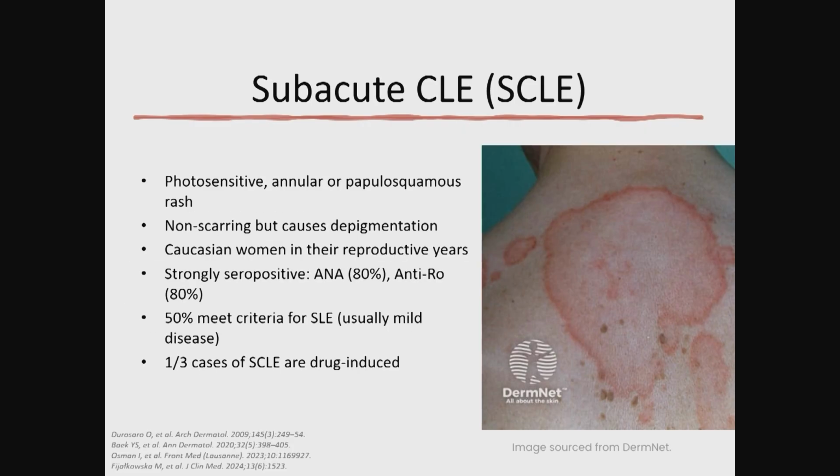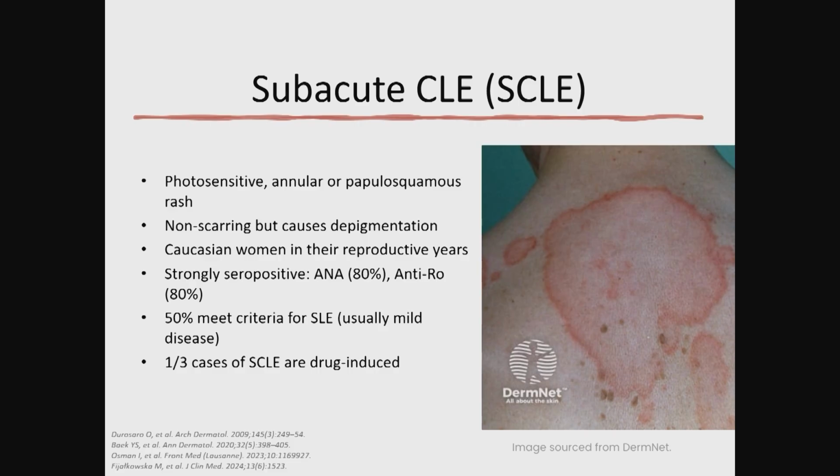Okay, acute, subacute. So, subacute lupus, similarly, is photosensitive, tends to happen in a photo-exposed distribution, but it looks different. It appears in one of two forms, either an annular appearance, raised kind of erythematous edges with a central clearing, or papulosquamous, looks kind of like psoriasis or eczema. It likes photo-exposed areas, upper shoulders, upper torso, upper arms, and the neck, but for some reason it tends to